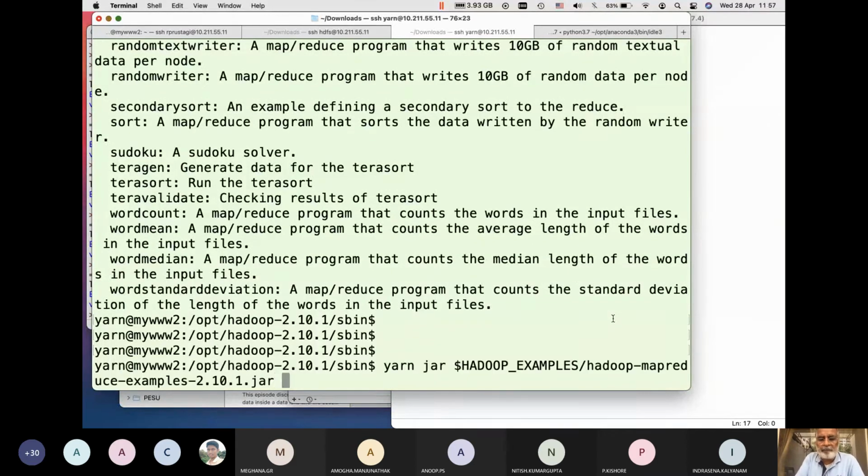So let's run the pi. Since I'm running a single node, I cannot run too many instances because I run out of memory, and it will give me errors and crash. So I'll invoke only 2 instances of the pi program, and let's invoke with, let's say, 1,000 points. I'll probably get an approximate value which may not be correct, but at least you get the idea. So let me run with these 2 instances, each instance making use of 1,000 points.